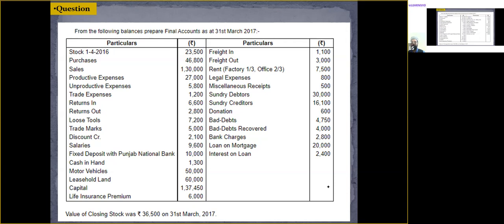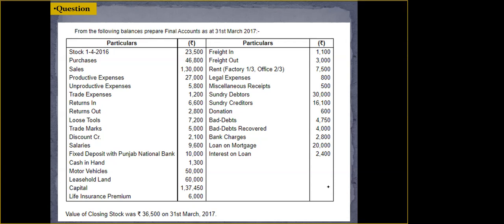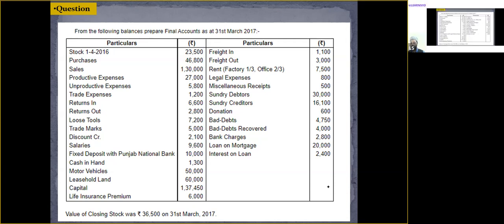Why are you guys doubtful about this? Legal expenses are expenses, no? It is just an expense. And do you think it is related to production? Do you think it is related to productive activity? Legal expenses are like court fees or lawyer charges. Registration charges, fees paid to the government or to any particular government body. Whatever expenses you have incurred on payment of fees, court and lawyer charges and everything else, that is collectively known as legal expenses.